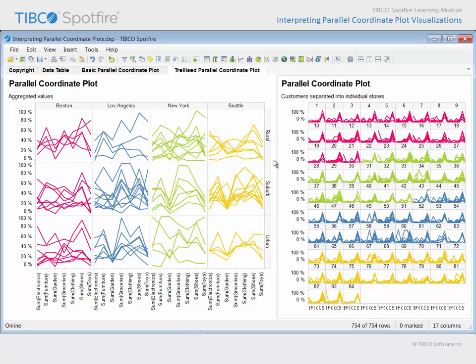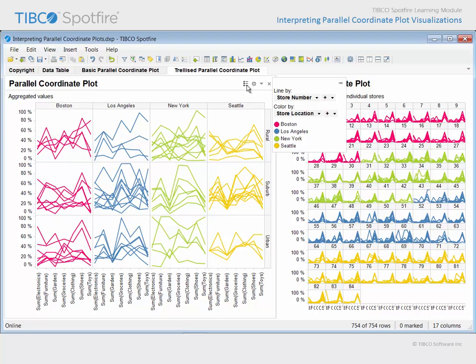Note, though, that in the plot on the left, each department column label is preceded by an aggregation. The legend reveals that these lines are not configured to display a line for each customer, or row in the underlying data table. Instead, the line by property has been assigned based upon store number. Therefore, there are 84 lines in this parallel coordinate plot, each representing the relative total purchase amounts made in each